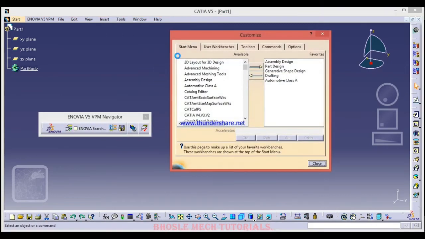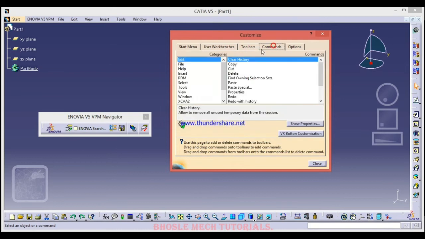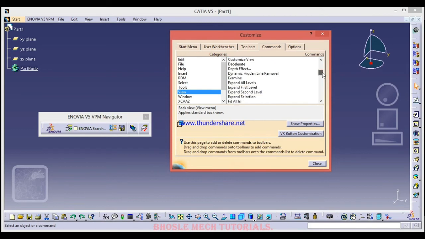Same customization, in these commands. See friends, here the edit category is there. In that you will get this many commands, and in file, help, similarly you can see here in the view category you can see back, bottom, front, ISO. Like this a number of commands are there. Now I will go for hide and show because it's the most popularly used command.